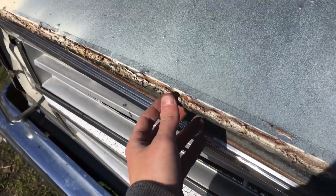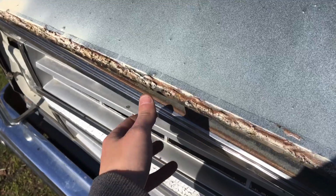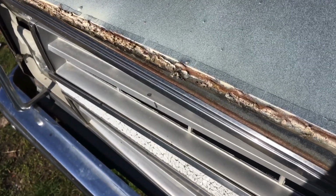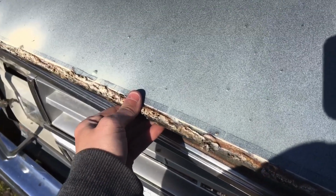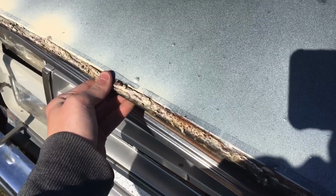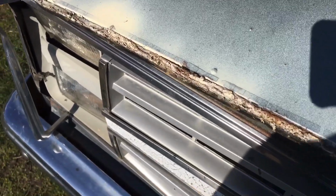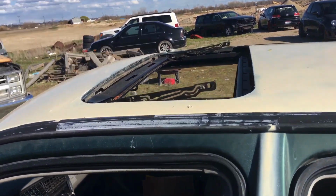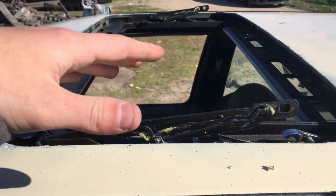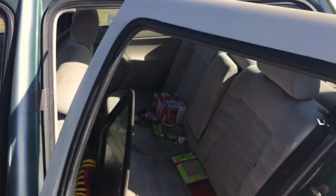The reason I'm replacing it is because the previous owner glued the sunroof down, probably because it leaked, but it's disgusting. But anyway, now that the sunroof is off, you can grab your other sunroof, place it in the same place,